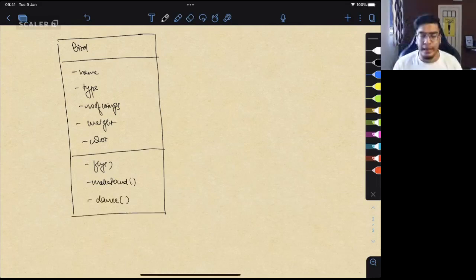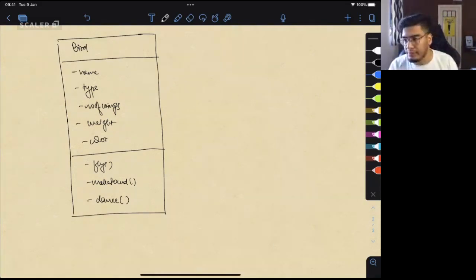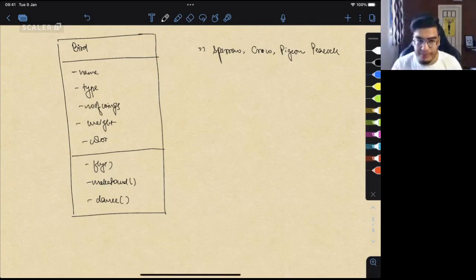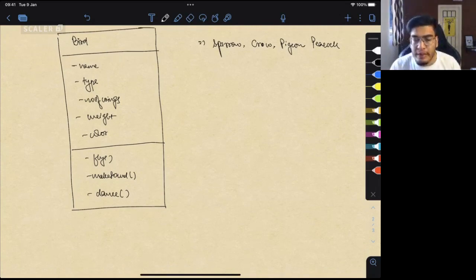Now, if you remember, we had to support multiple types of birds. So we had to support birds like sparrow, crow, pigeon, let's say peacock, all four birds. Now, in this case, everybody, what is happening is that if we use that make sound method,